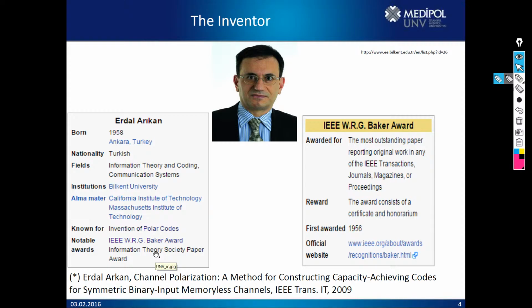He received many awards and recognitions for his achievement, and also he was awarded by the founder and CEO of Huawei, not only by IEEE and academia people, because Huawei is